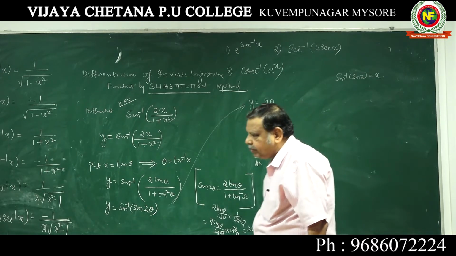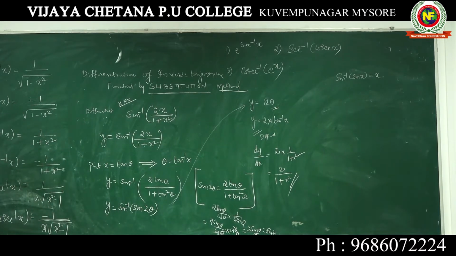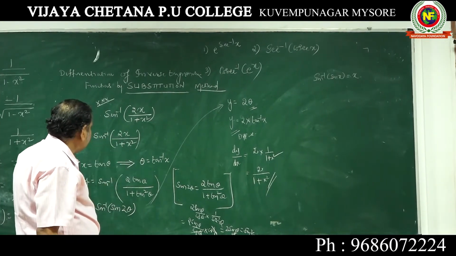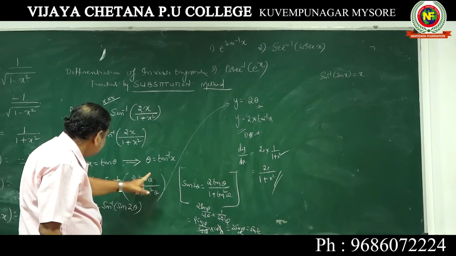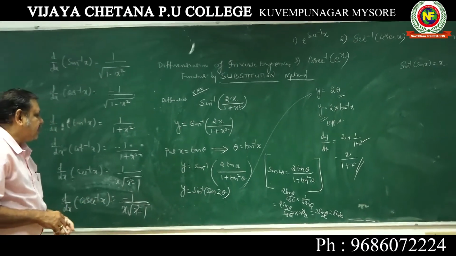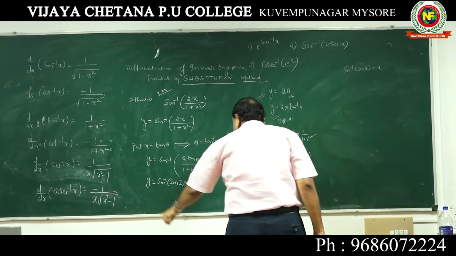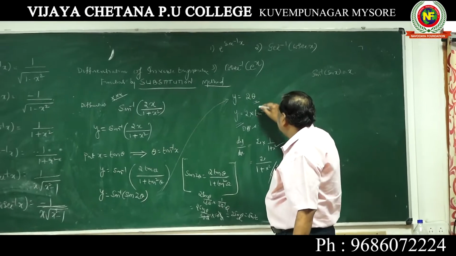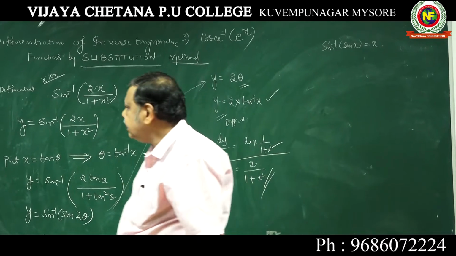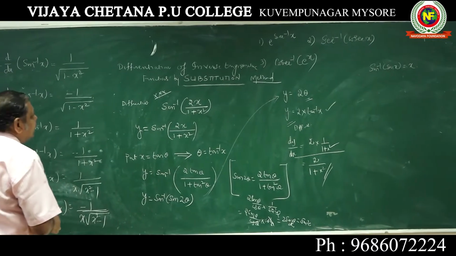Very, very important problem for examination, and this question will be asked, and they give 3 marks for this question. So sin inverse 2x over 1 plus x square: put x equal to tan theta, theta is equal to tan inverse x. Now when you substitute 2 tan theta by 1 plus tan square theta, sin inverse sin 2 theta, sin inverse of sin x is x, so 2 theta. Here it is all y only, no differentiation. In the last step, y is 2 tan inverse x, now you differentiate, answer is dy by dx equal to 2 by 1 plus x square. Now we shall take one more, with the same thing, we will change it.